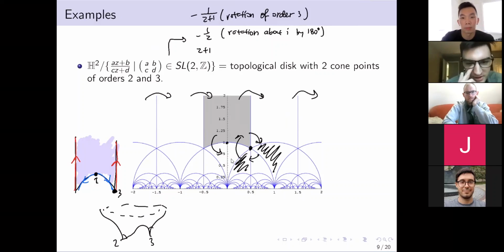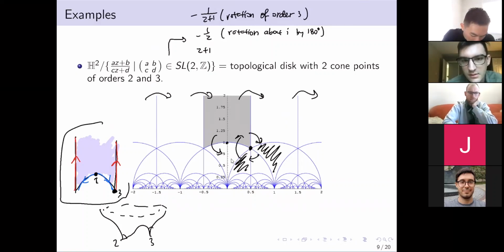I guess my question is, doesn't the topology near the cone point depend on how we're embedding the space? No. I mean, topology is basically just dependent on how you glue along these ones, right? Under this gluing, you're just gonna get this. Topologically, it's just a disk, right?